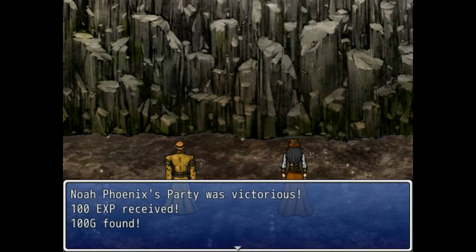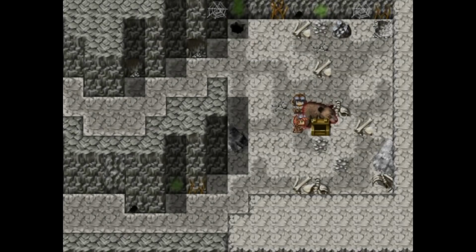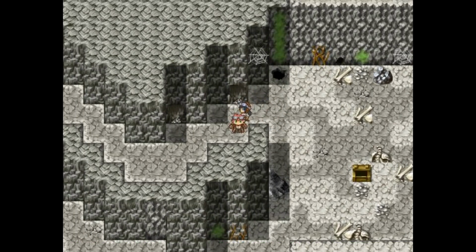Oh, yes, we actually killed the bear. So we get 100 XP, 100 gold, or gil. We found a bear's paw. Probably 4 of them, but whatever. Bear also apparently was a fan of potions. So that's...